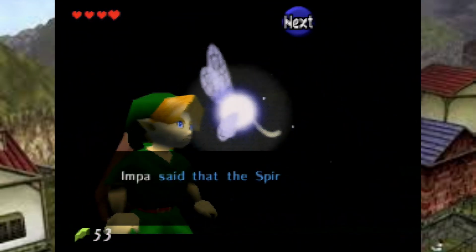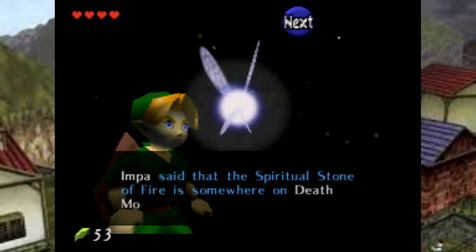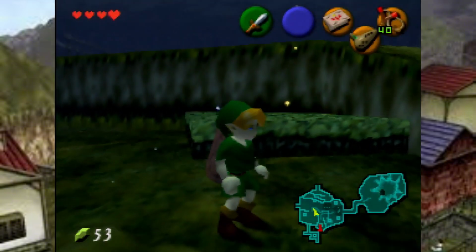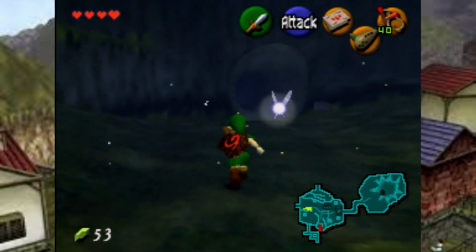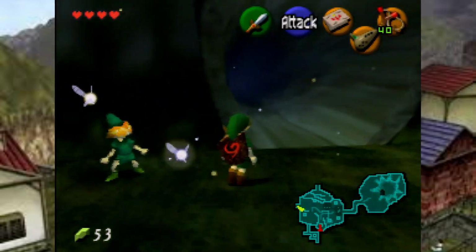So, Impa said that the spiritual stone of fire is somewhere on Death Mountain. So, yeah, we have to start essentially heading to that village. But, sorry for the little bit of an intermission, but,